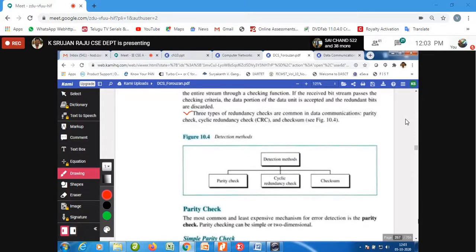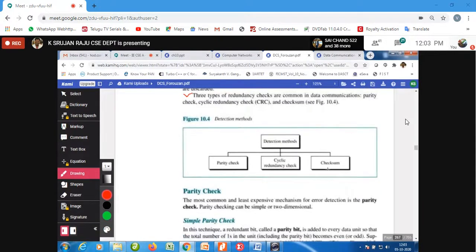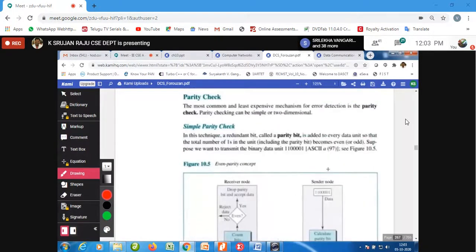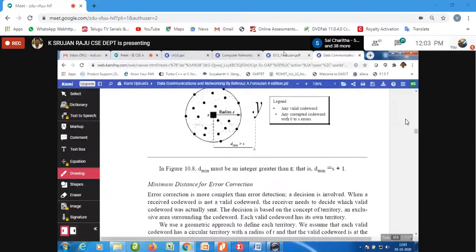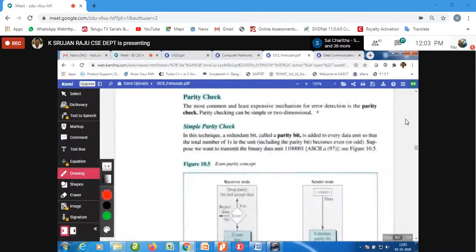I hope everybody has noted down. Let us look at the simple parity check. What is a parity? I need not explain; in the previous classes, I have told you that parity is the most common error detection, based on the number of ones received.